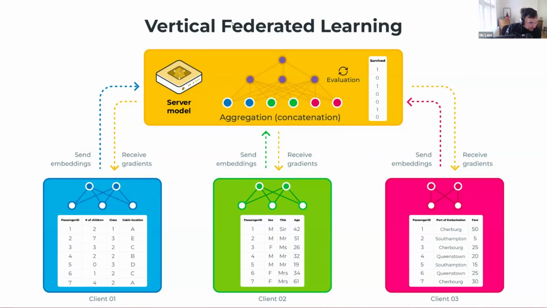The question is, could multimodal learning be applied for the vertical federated learning approach, such as one node performing image and one